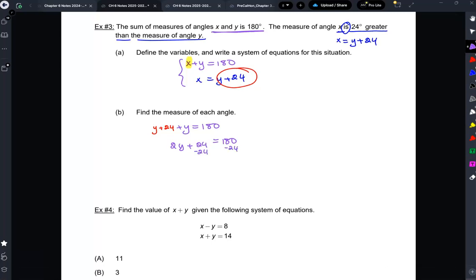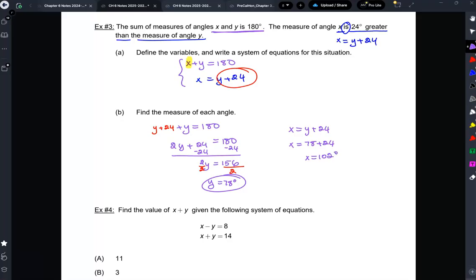Minus 24. So 2y is 156. y is 78 degrees. So for x, right? x is y plus 24. 78 plus 24,